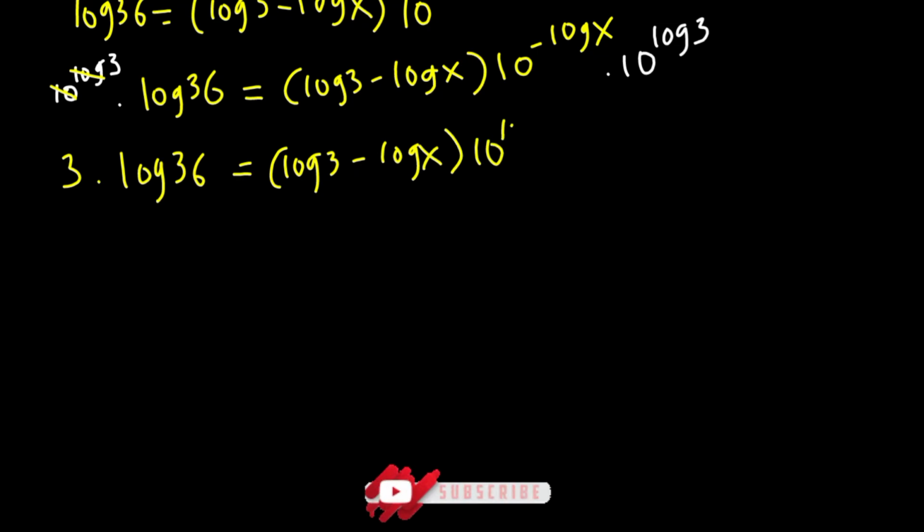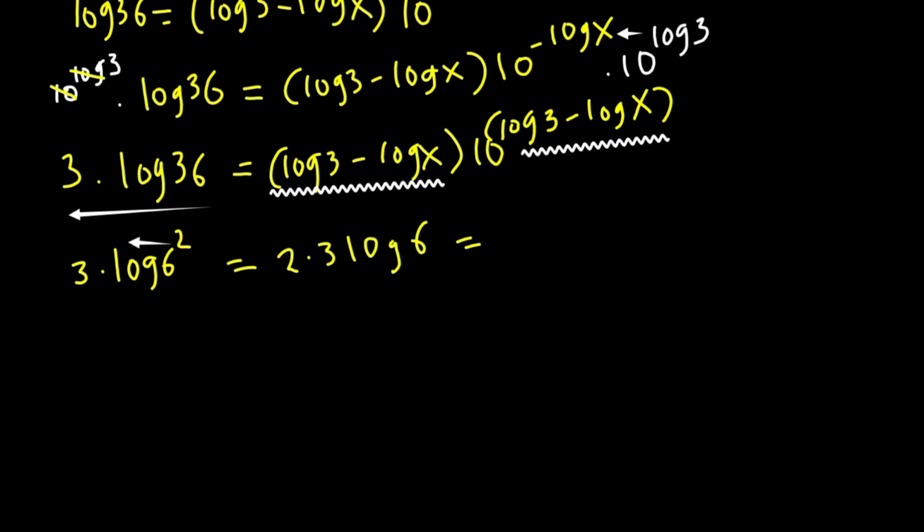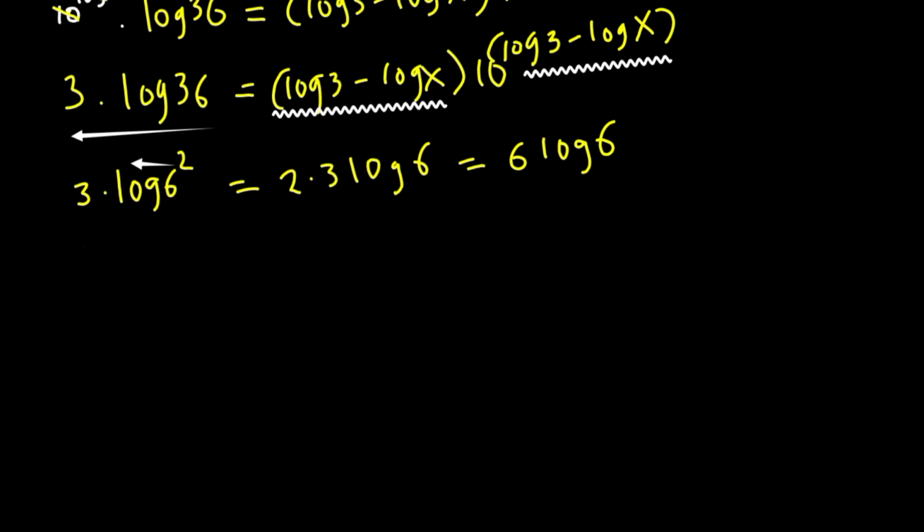So we have log 3 minus log x. Of course, we added the power since they have the same base. So let's include the bracket. And guys, at the right hand side, we have a kind of an identical pattern. Therefore, let us focus on the left hand side. So we can rewrite the left hand side as log 6 to the power of 2, because that gives us 36. And then 2 comes behind, and it gives us 2 times 3 log 6, which in turn gives us 6 log 6. So therefore, we would say 6 log 6 equals